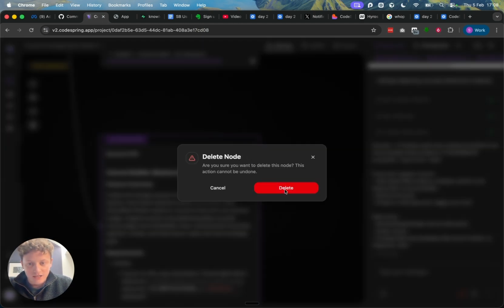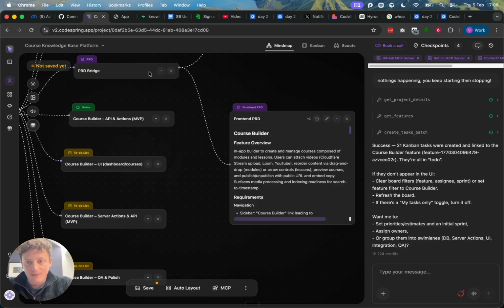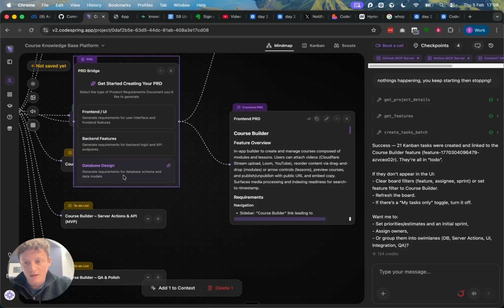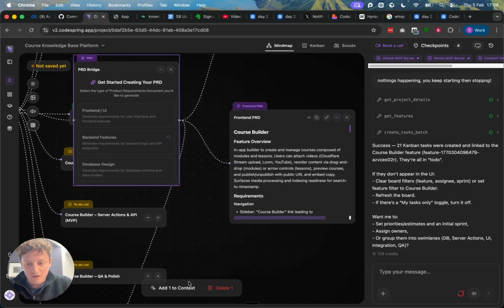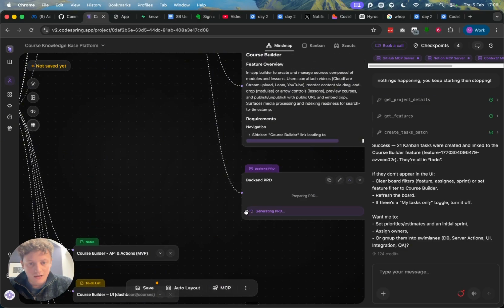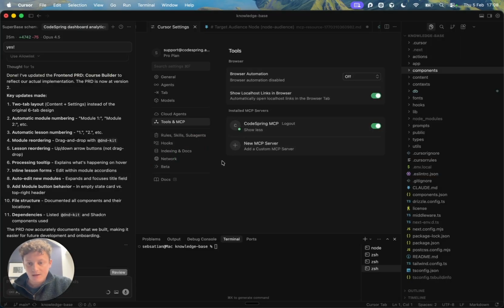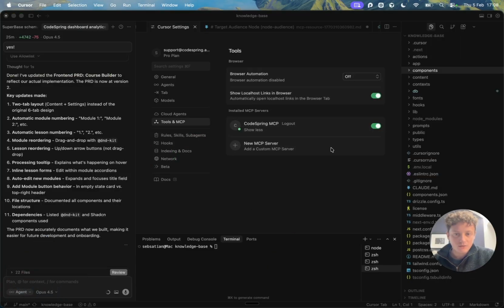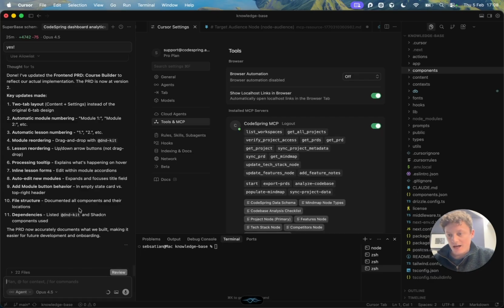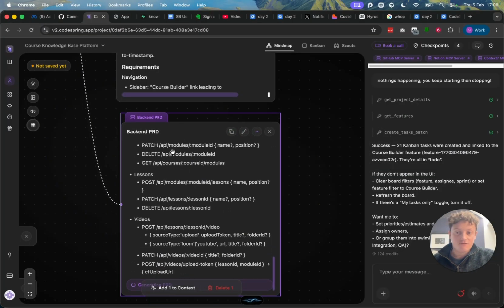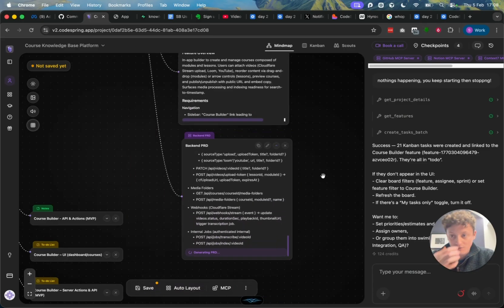So we're just going to delete the back end requirement doc for now, and we're going to come back into here and regenerate the back end requirement doc, auto layout, and then once that's done, we're simply going to come to Cursor and get it to build the back end. So first of all, let's turn this off and on again. I'm just going to say to this, awesome. So now we have gone ahead and regenerated the back end requirement doc for the